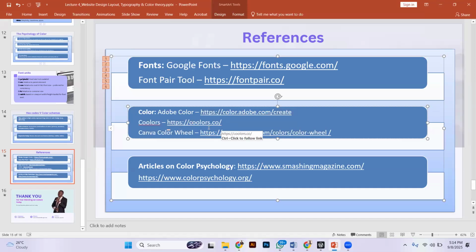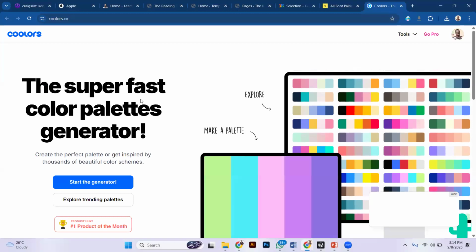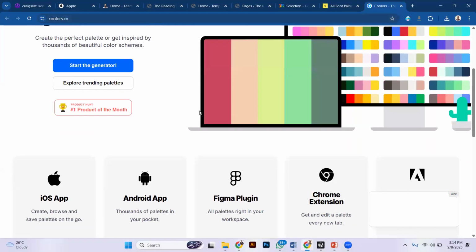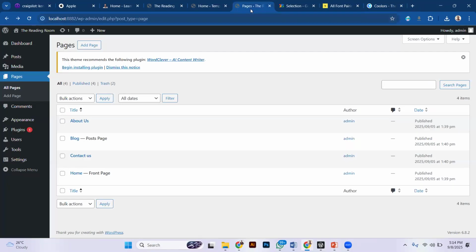The very first is coolers.co. Let me navigate to it, and you see, rather it's coolers.co. Now, when you navigate to coolers.co, it will help you create palettes. When adding colors to our websites, if I go to appearance and I select editor here,